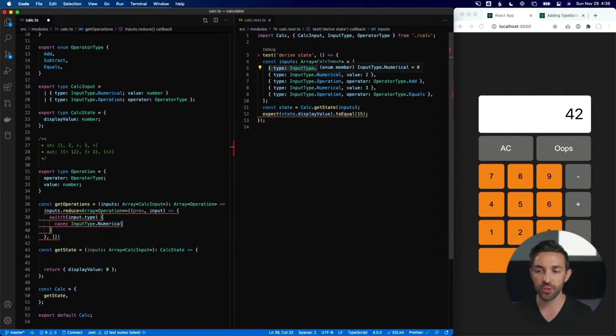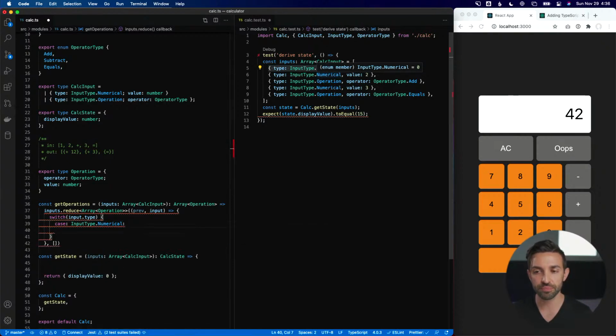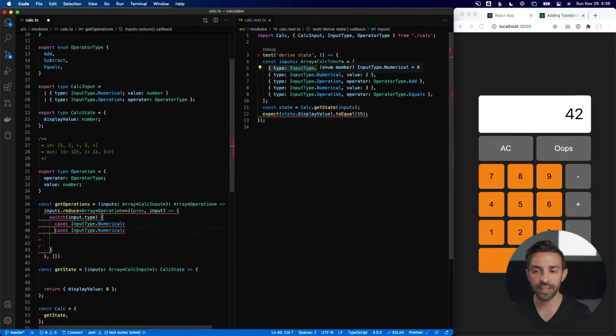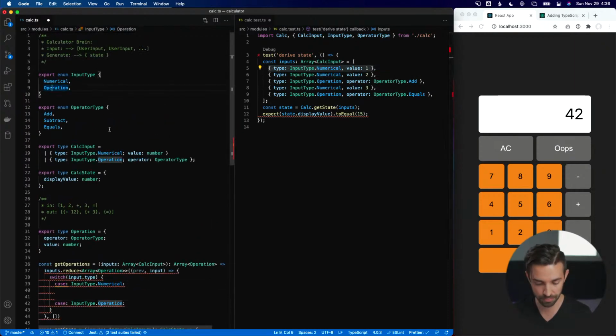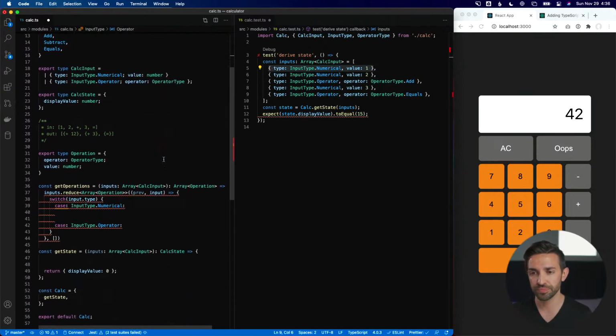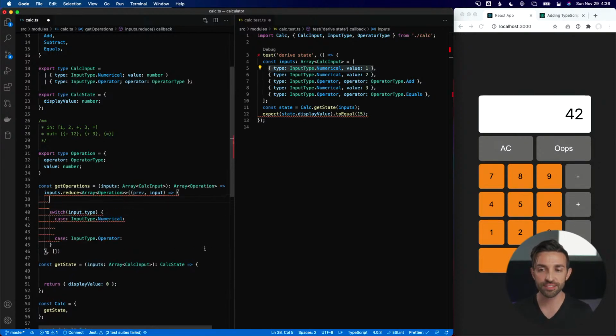And so we'll add two cases because we have two input types. We have a numerical input, and then we have an operation input, which I actually want to change to operator. Okay. And I want to do different things. So if I hit 1 and 2, I need to build up a number there. So I need to get whatever the current